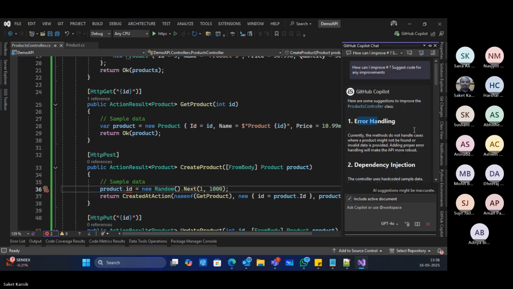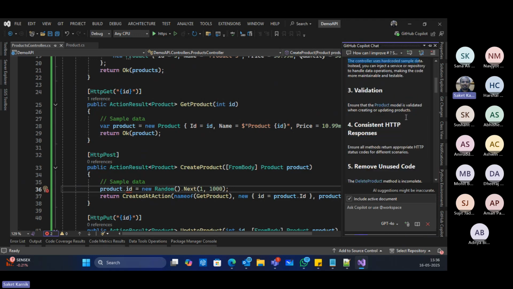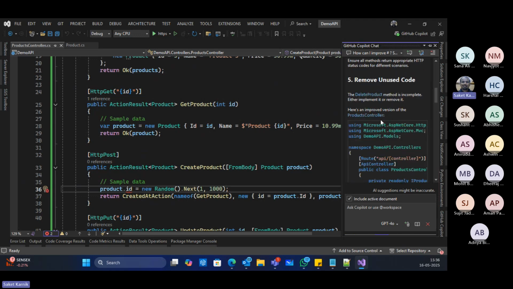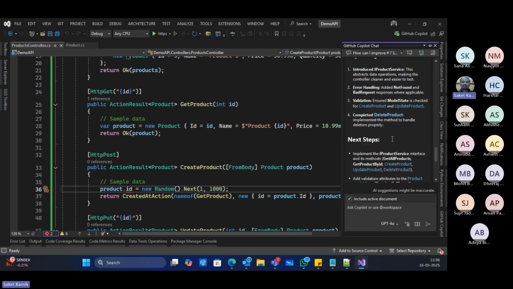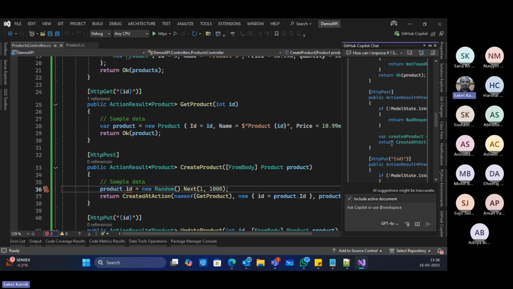See, error handling I have not done. Try catch blocks are not there. Dependency injection should be used. Validations, consistent HTTP responses, removed unused code, whatever it is. Overall changes it is suggesting, right?